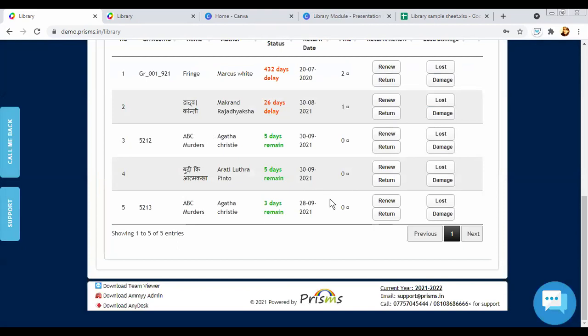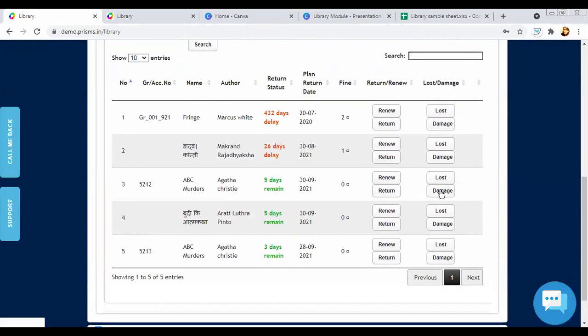In case the book is returned as damaged, then you can mark it lost or damaged. Or if the child comes later on to renew the book, you can click on renew and renew the book. Whichever you click, automatically the book status changes to that. If it's returned, it will be available for issue again. If it's lost or damaged, in reports we'll be able to see the names of the books which come under the lost or damaged category.